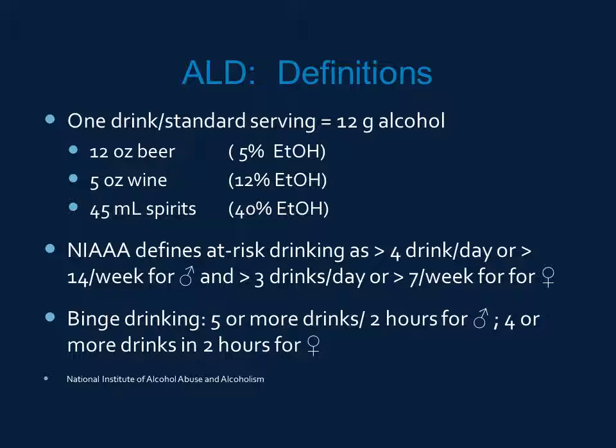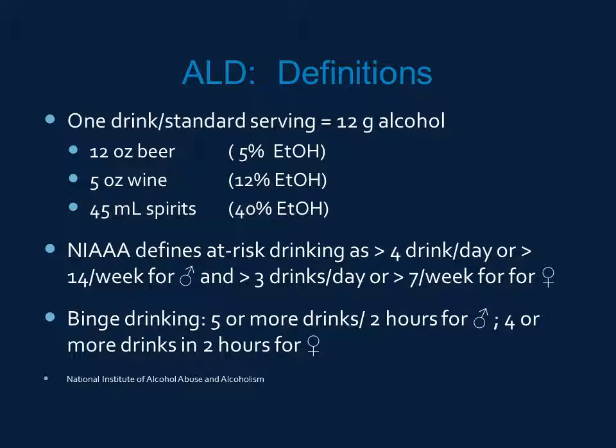Let's begin with some definitions. One standard drink or serving size is 12 grams of alcohol. There are 12 grams of alcohol in 12 ounces of beer, or 5 ounces of wine, or a jigger of